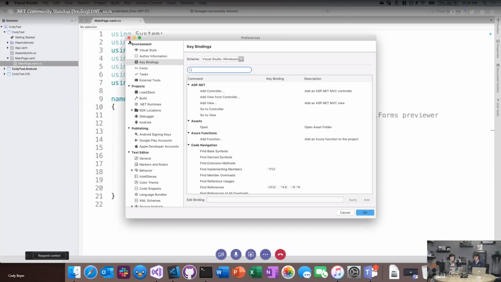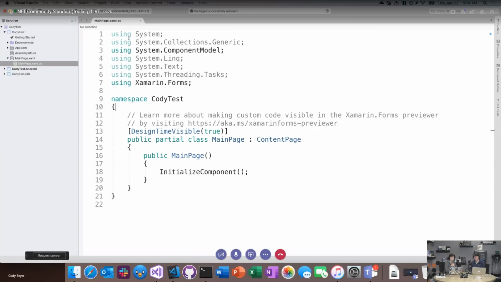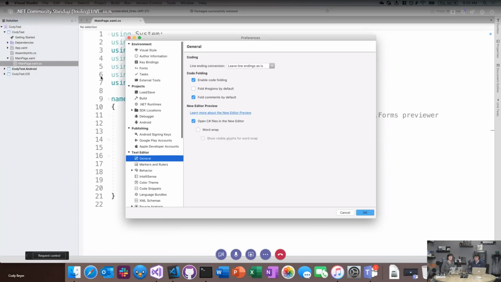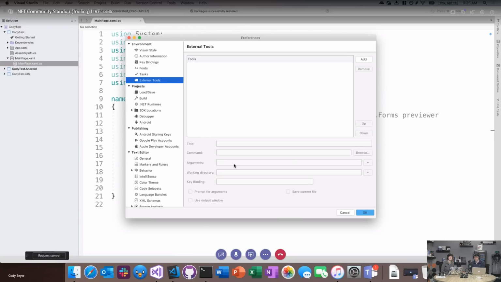So one of the tips and tricks, to steal your term again, sorry Kendra, that we like to show off is that you can go to Visual Studio preferences and you can set custom external tools. So if you click on external tools, you can add